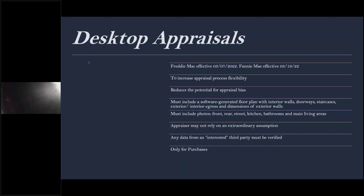The other thing is that they see it as reducing the potential for appraisal bias. We're going to talk a little about this, but many accusations have been in various newspapers. There are several court cases right now, and people have talked about removing evidence of the racial makeup from homes and getting a different value. So the idea is if you're not actually in the property, it may be able to reduce appraisal bias. I don't personally buy that much because I think where I see appraisal bias is more in neighborhoods than anything else, than maybe individual properties. So I hope this doesn't come out, but it may just be that